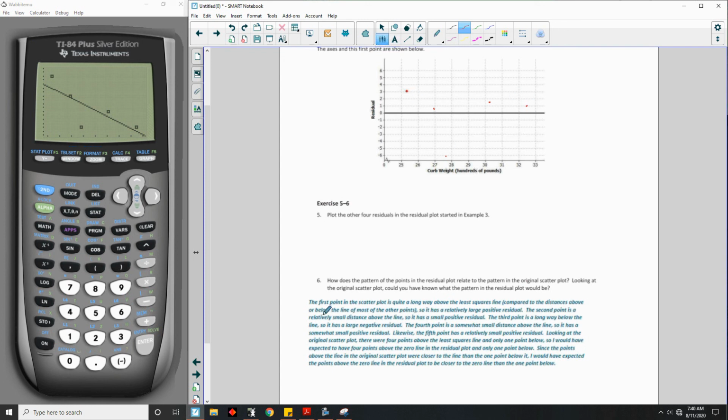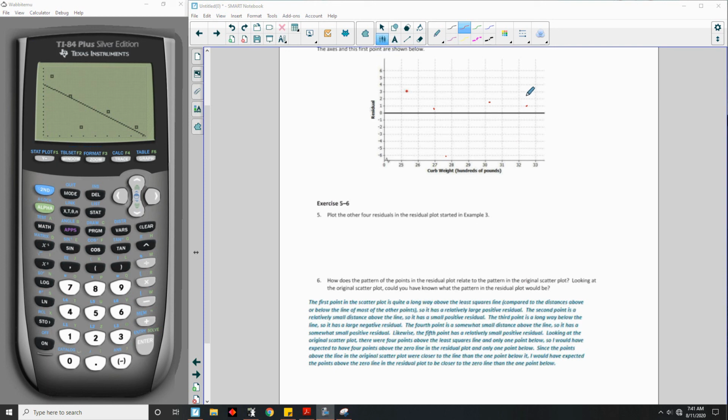The second point is a relatively small distance above the line. It's actually almost on the line, and therefore it's very close. So it has a small positive residual. The third point is a long way below the line, so it has a large negative residual. Okay, so this is way down here because it's further from this line here. The fourth point, this one here, is somewhat small distance above the line, so it has a somewhat small positive residual. Likewise, the fifth point has a relatively small residual,